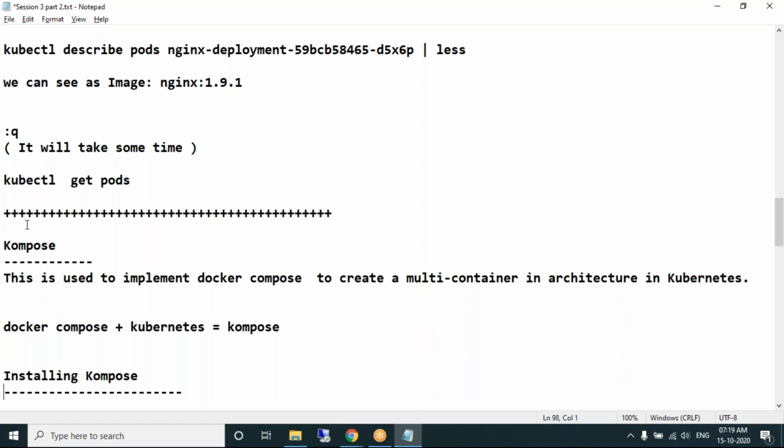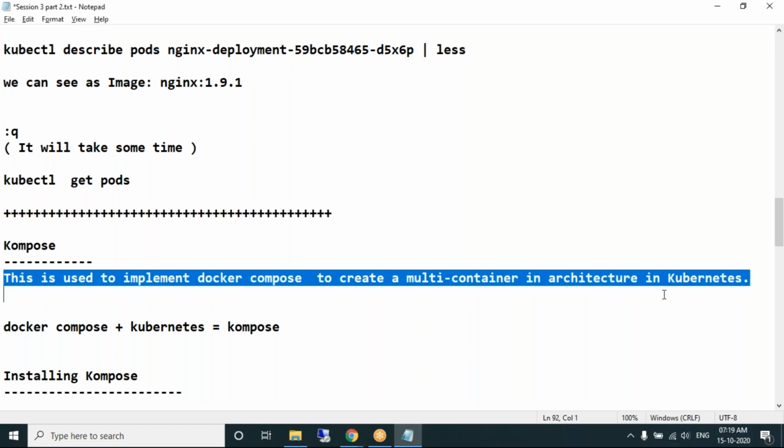Next concept is Compose. Kompose is part of Kubernetes concepts. It is used for implementing Docker Compose. We have seen Docker Compose, Akhil. Do you remember what Docker Compose is? It will link the containers to create a multi-container architecture.